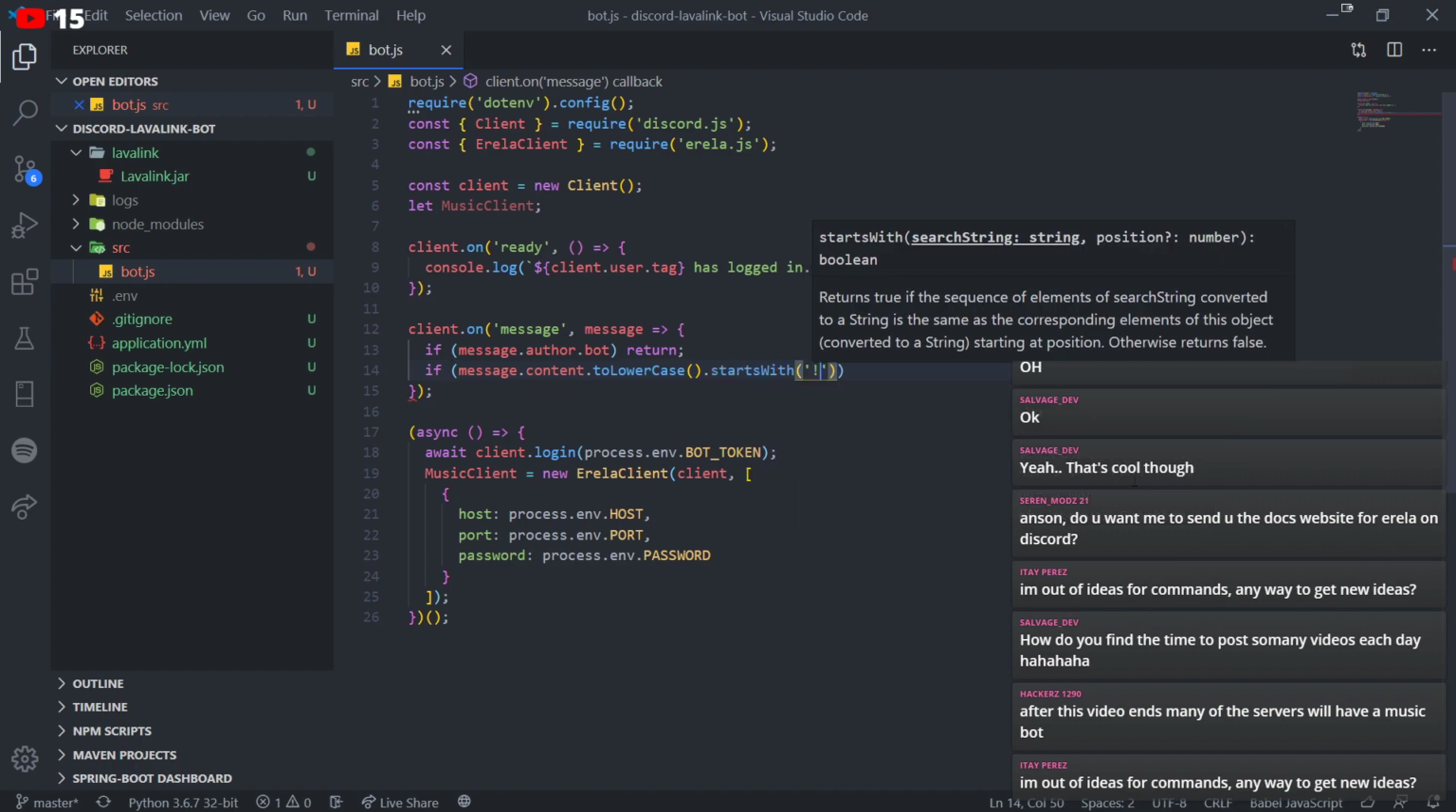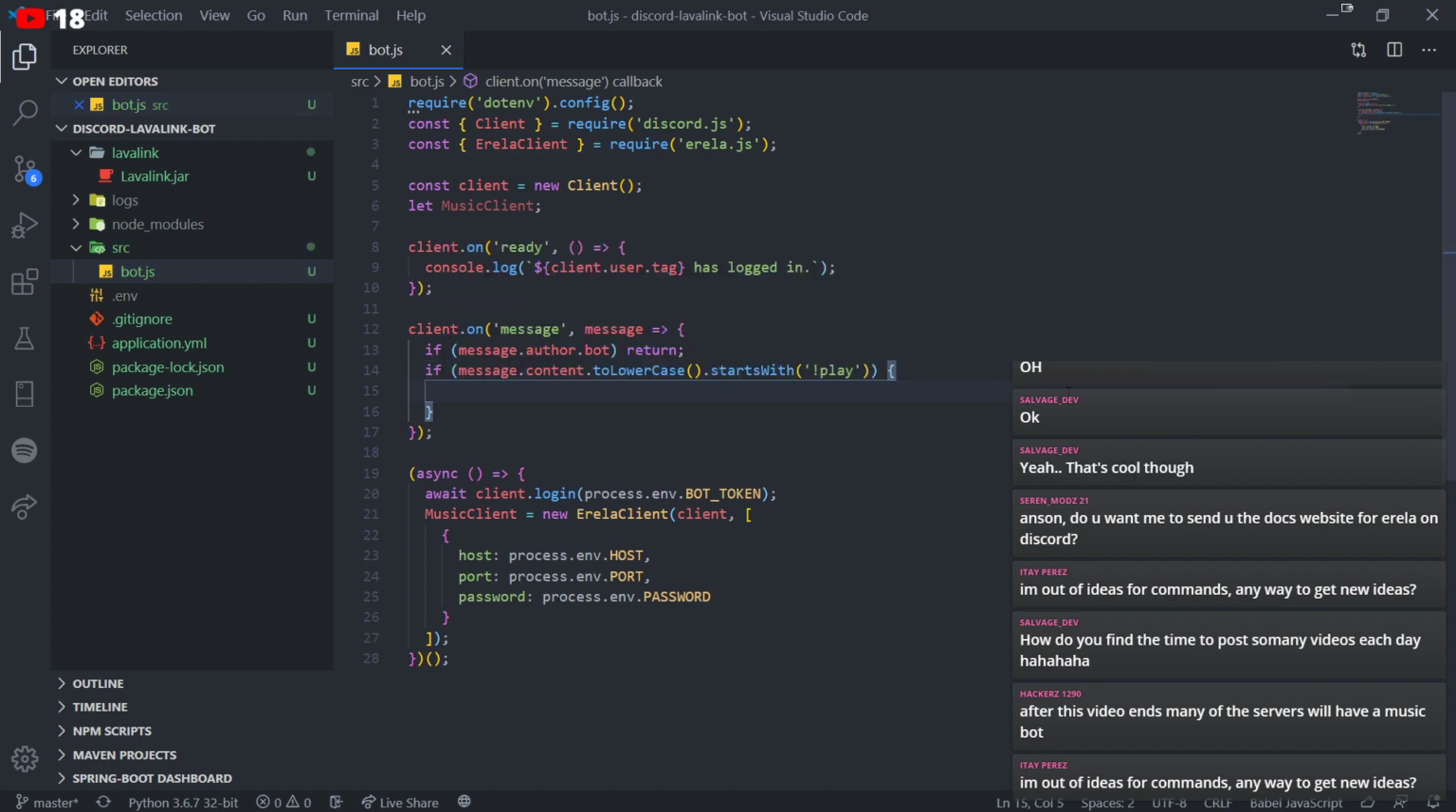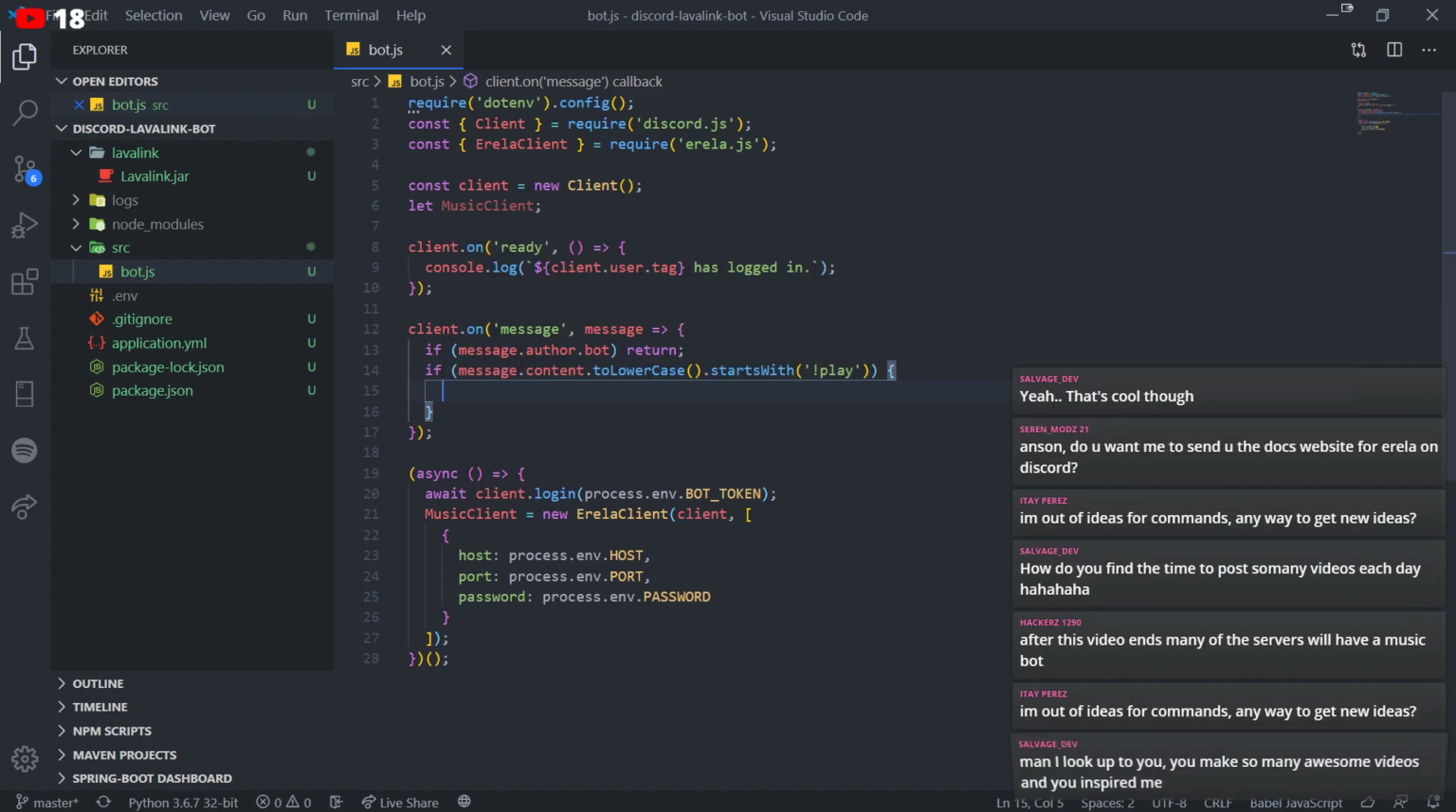So if the command starts with exclamation mark play,